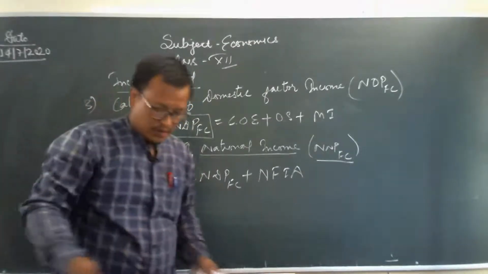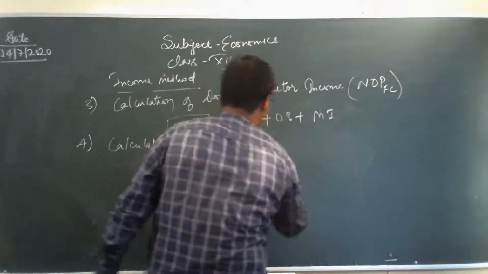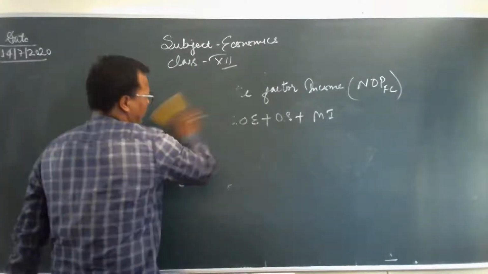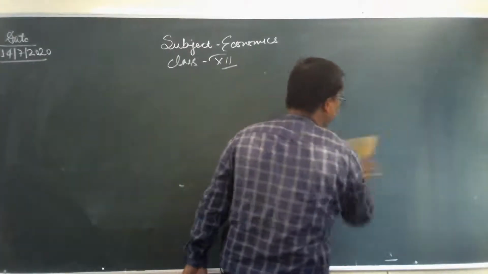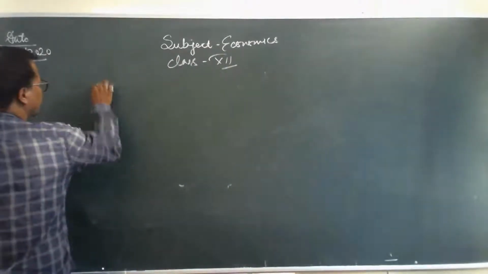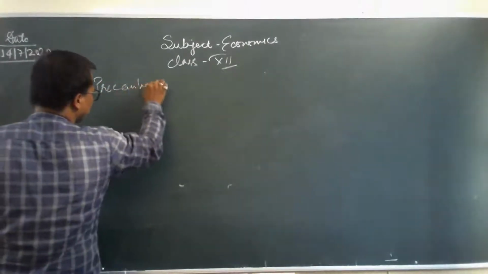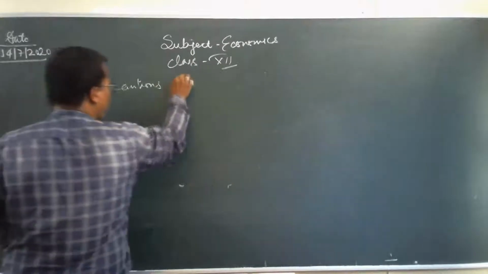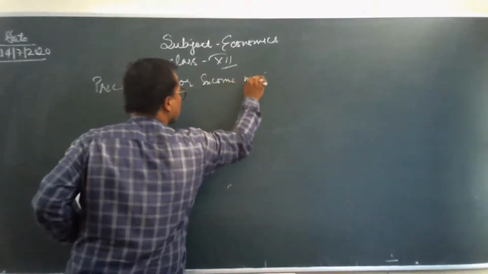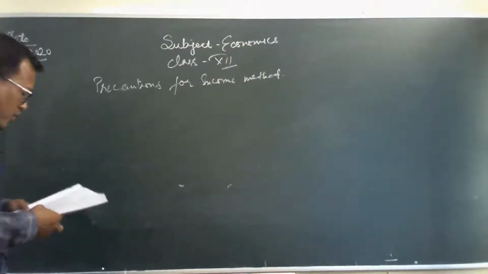Let us understand some precautions which we have to keep in mind while calculating national income through the income method. So, the first precaution,